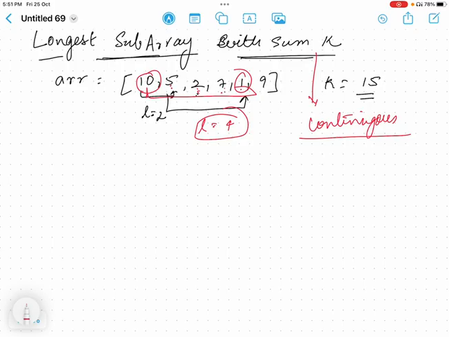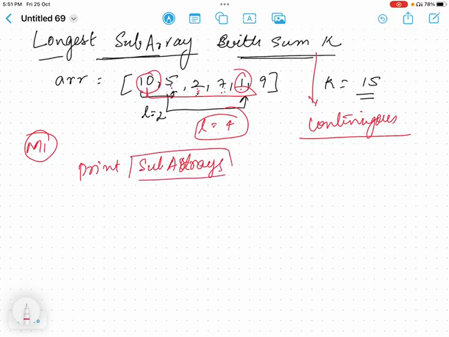How can we do this? Method one. A very simple approach, the first thing that comes to mind, is iteration. What we can do is print all the sub-arrays. So first we'll find all the sub-arrays, and then we will find the sum